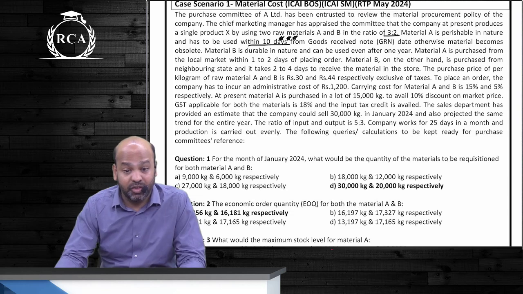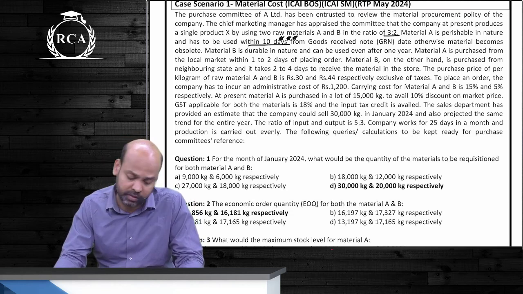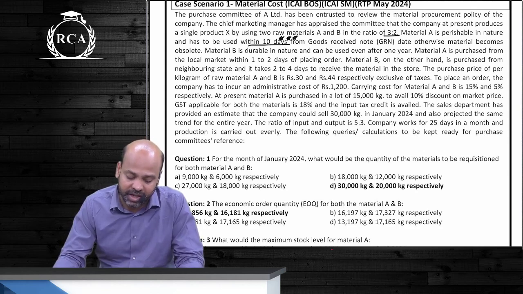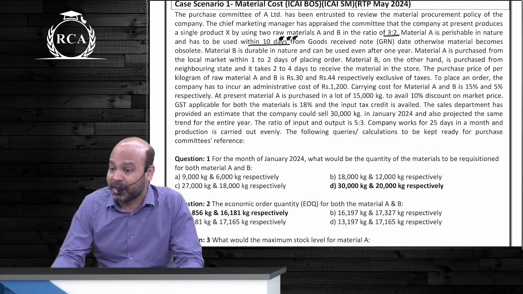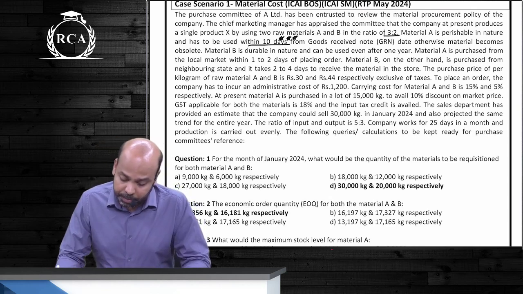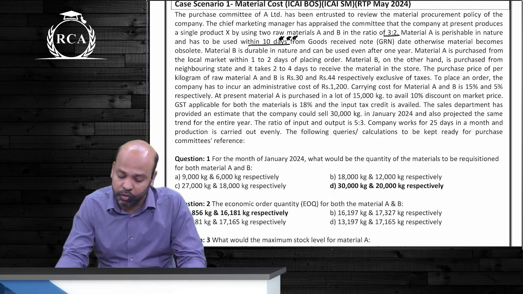Average lead time, if it is not given, you can write minimum plus maximum by 2. 1 plus 2 by 2, that will be 1.5 days. Material B, on the other hand, is purchased from the neighboring state and it takes 2 to 4 days to receive the material in the store. Again, minimum lead time and maximum lead time are given. Correct, guys? The purchase price per kg of raw material A and B is 30 rupees and 44 rupees exclusive